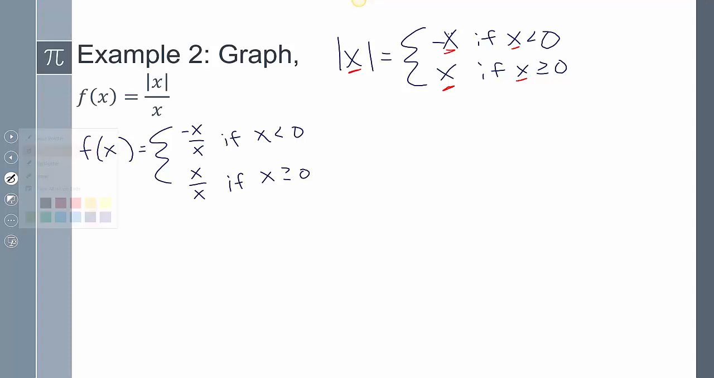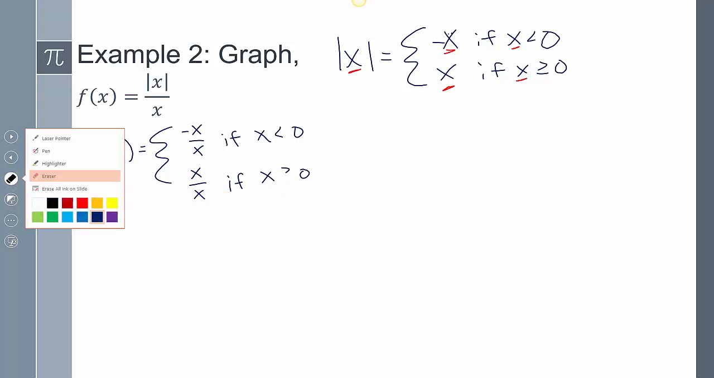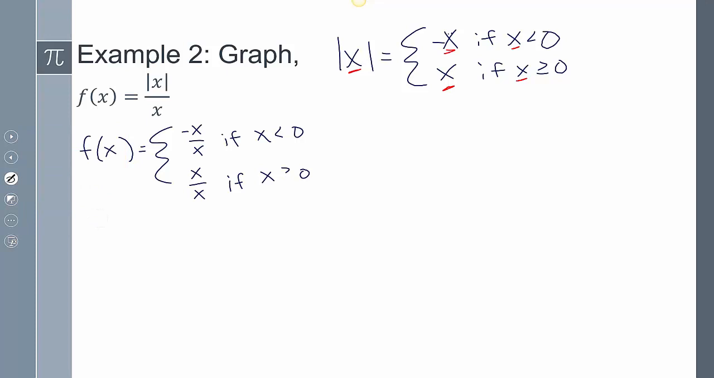If we look at this, notice I can have a domain restriction. I'm dividing by x. X over x, if I plug in 0, I get 0 over 0. I can't have 0 in my domain. So I have to get rid of that there. So now, simplifying this, this is just going to be negative 1 if x is less than 0, and positive 1 if x is greater than 0. So now graphing this,